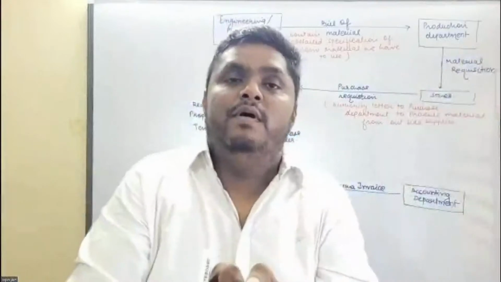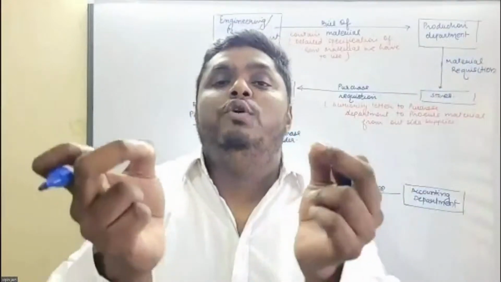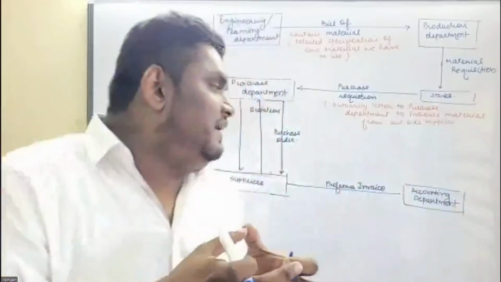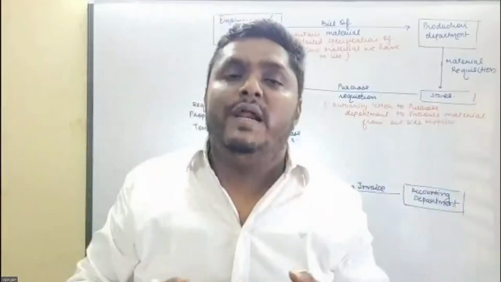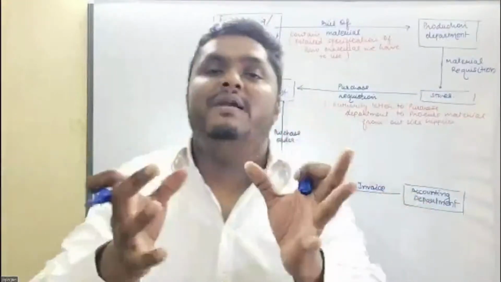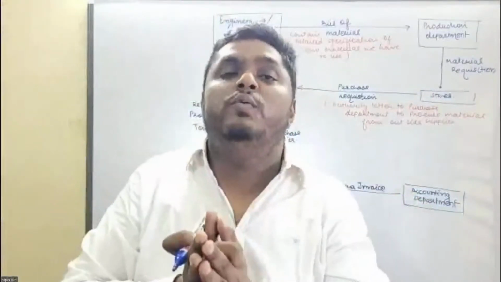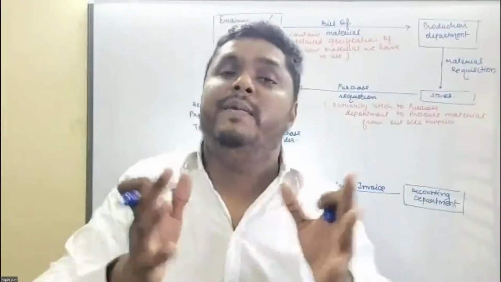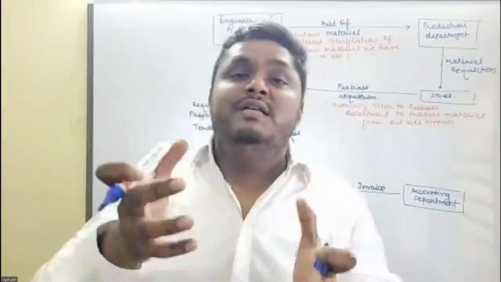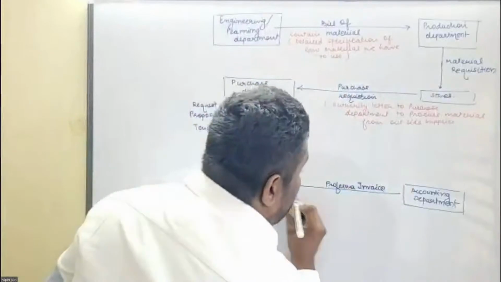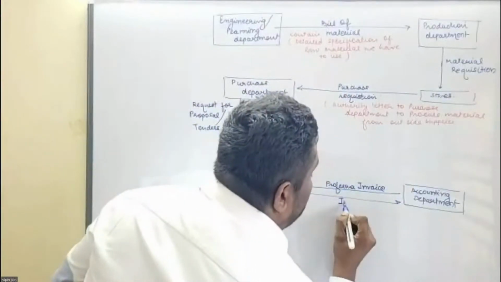Now, if the terms are like that you need to release any sort of advance payment, अगर आपके terms of payment ऐसे हैं कि supplier demands for advance payment, then accounting department will release the payment. Let's say 30% payment need to be made in advance. So once the payment is processed from the accounting department to the supplier, thereafter supplier will proceed further and will issue final invoice to the accounting department